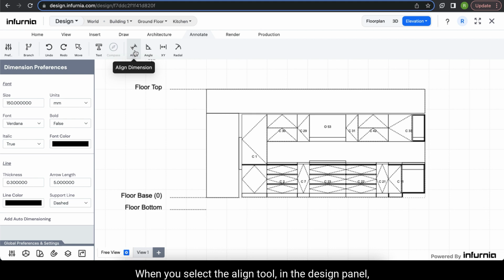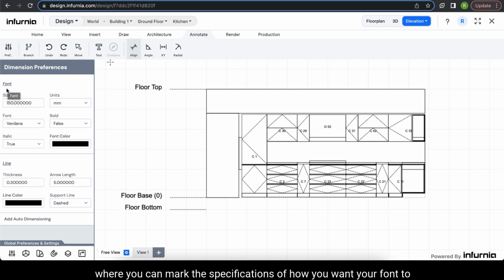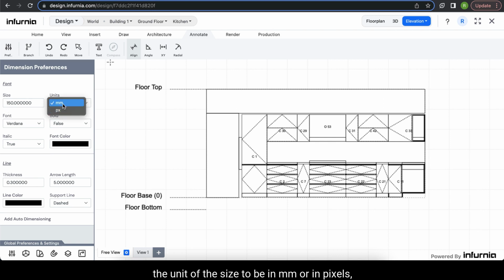When you select the Align tool, in the design panel, you get your dimension preferences where you can mark the specifications of how you want your font to appear. Like, you can specify the size of the font that you want. By default, it's taken as 150 mm and you can change it as per your requirement. You can also change whether you want the unit of the size to be in mm or in pixels, meaning